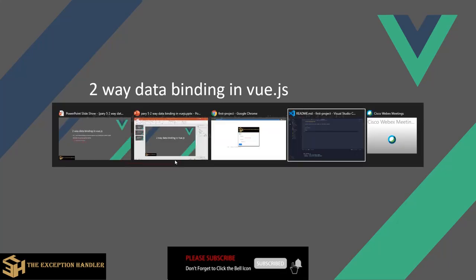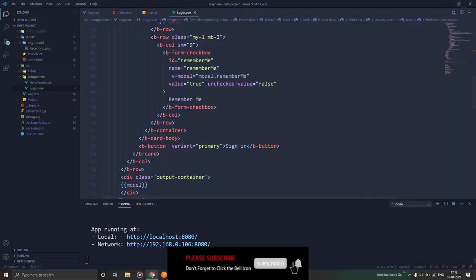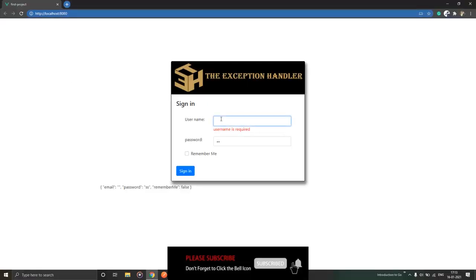So let's see this with a program and let's try to understand this. So over here in my last video where we discussed the if else block, I have already used the model property to do two-way data binding. What I have done is I have created a simple login form which contains three main fields, namely username, password and remember me, and I am every time displaying the complete model in the section below this form so that we know that things are happening in a two-way process.